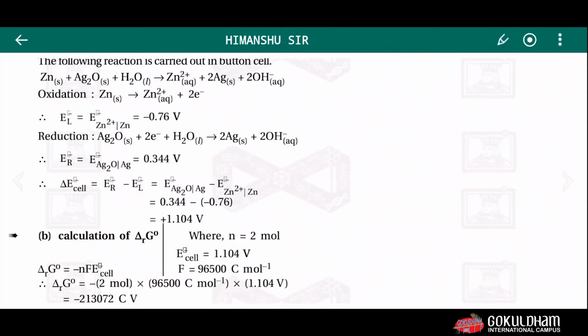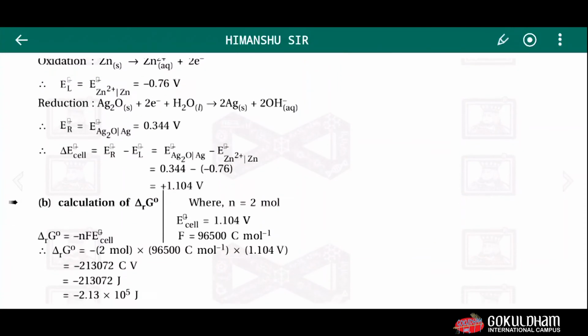Now we want to calculate the Gibbs free energy. The equation is the same as the above example, that is example number 4. The number of electrons is 2, because Zn is converted into Zn2+, meaning 2 electrons are released by the zinc metal. So the equation is